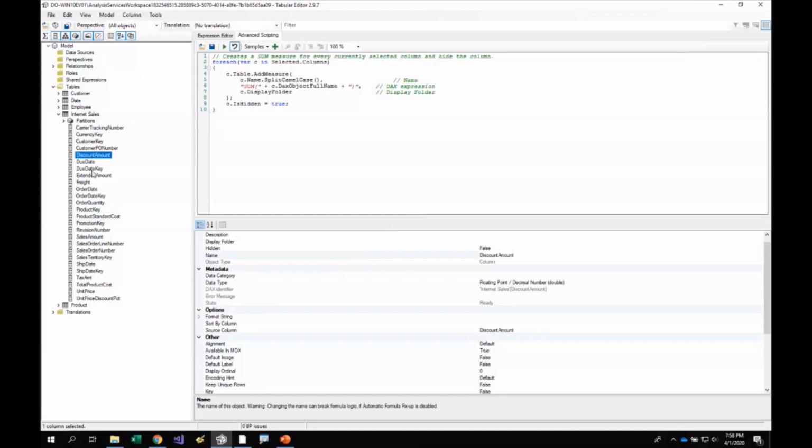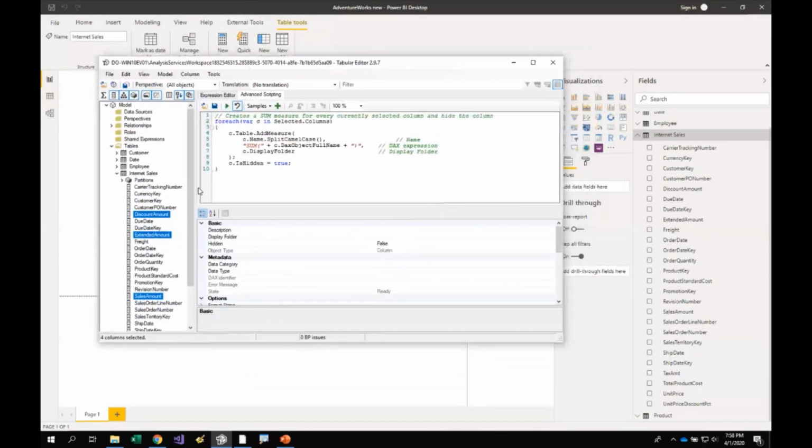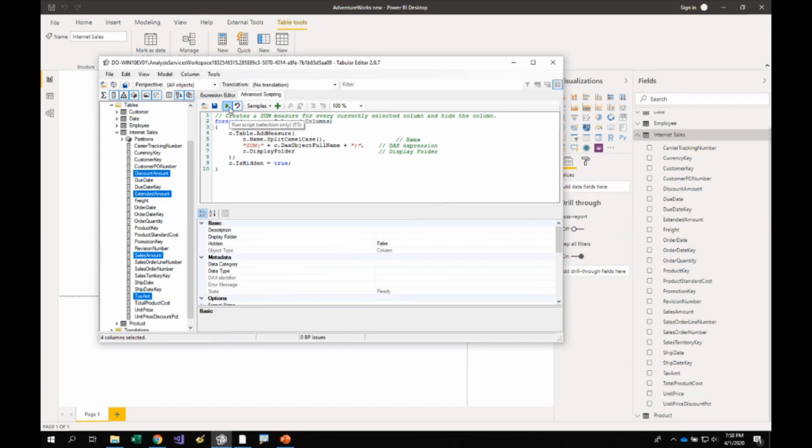So if I select a number of columns here on the left side, let me select discount amount, extended amount, tax amount, and sales amount. So I have these 4 columns selected, and I just held down Control on my keyboard in order to be able to multi-select these 4 columns. And now I execute the script. And you can see what happened here